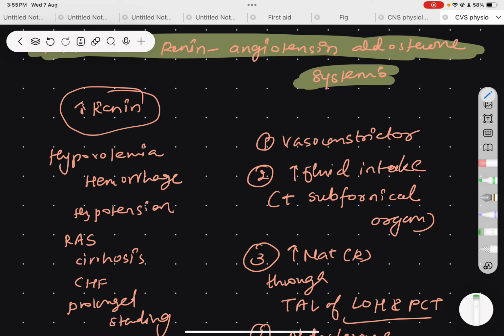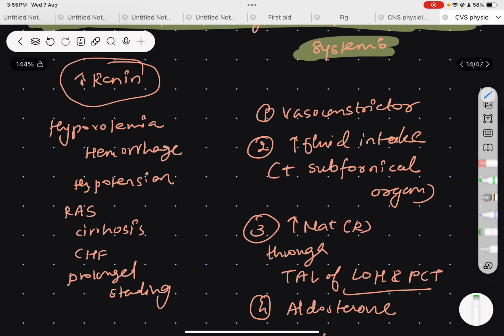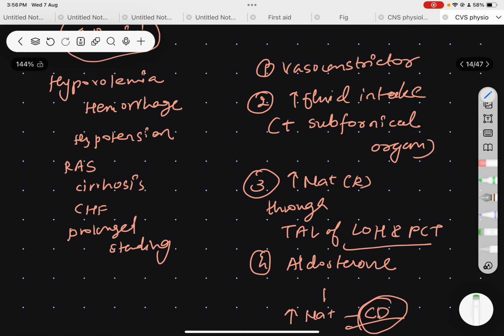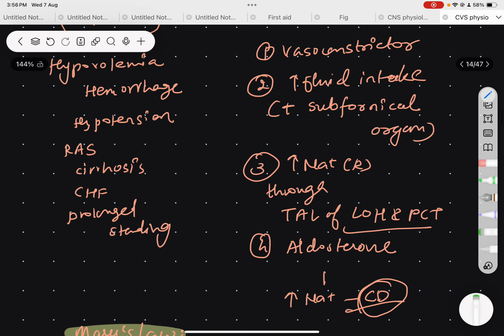And this angiotensin 2, what will happen? This angiotensin 2 will cause all of these effects like vasoconstriction, increased fluid intake by subfornical organ stimulation. So subfornical organ stimulation will cause increase in thirst. It is a thirst center, subfornical organ, and it will cause more fluid intake. So increased fluid intake, vasoconstriction, increase in sodium